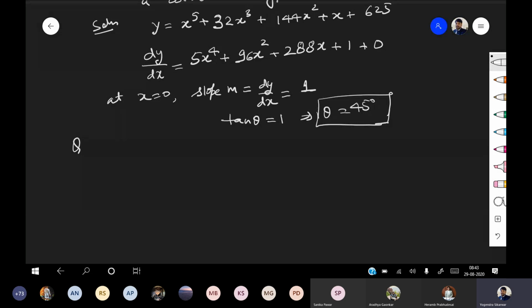Varun is saying, which of the following pairs cannot be rectangular components of a force vector 10? First of all, if you see, for rectangular components, under root of a square plus b square should be equal to 10. So in which case you are not getting under root of a square plus b square equal to 10, whichever that is, is the answer.